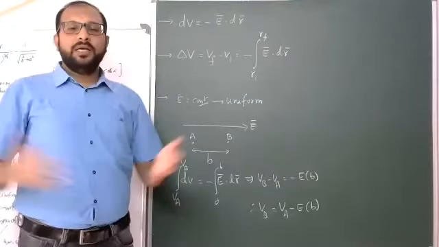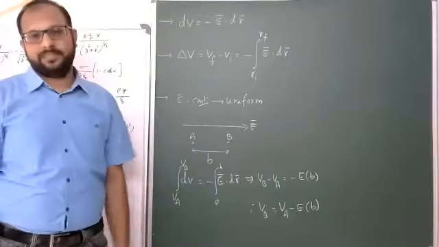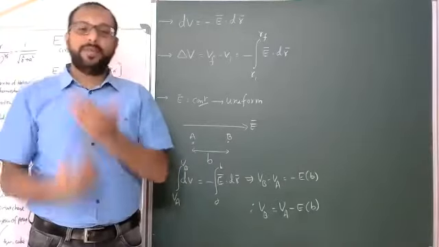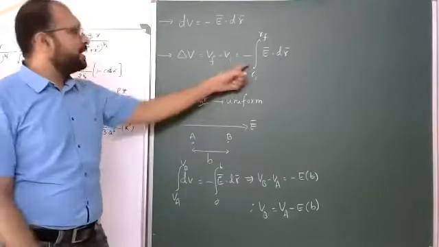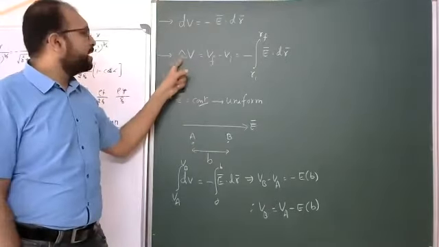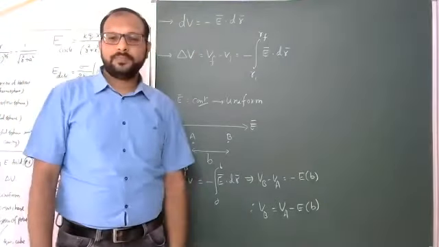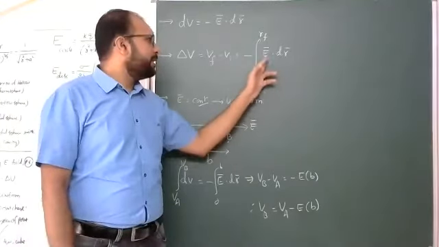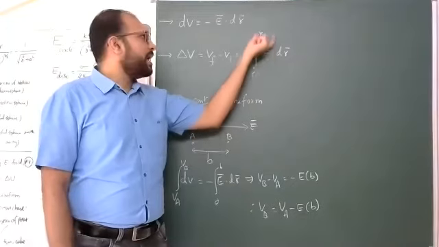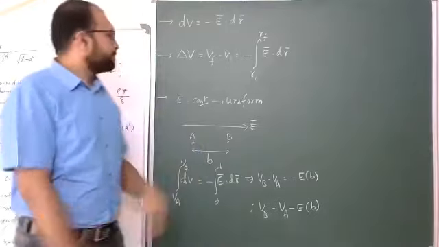But suppose you need the potential difference between 2 points. In between those points, the electric field may or may not be uniform, so integration is required. Therefore, students, between 2 points the potential difference is the same concept, just with integration: minus integral of E bar dot dr bar, with the initial position vector and final position vector as the lower and upper limits.